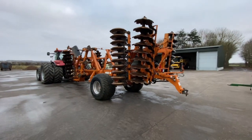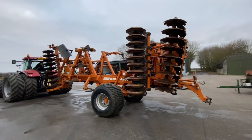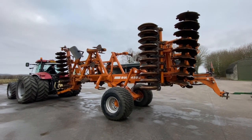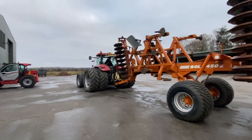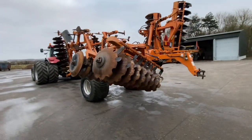The next machine we're looking at is the Solo, again made by Simba. Now this machine we got new in 2004, and I'll tell you the story of this machine in a minute. Normally it goes on the quad track. This tractor won't pull it, so we're just lowering the wings down. It's only 4.5 meters wide,